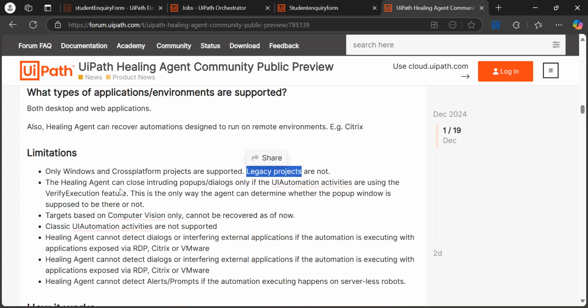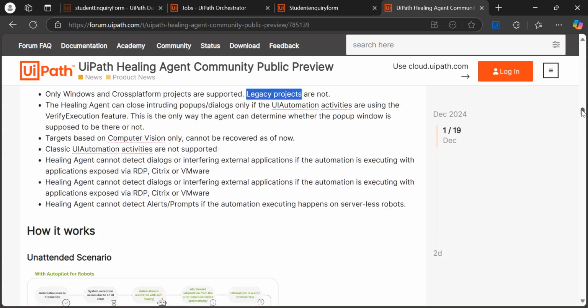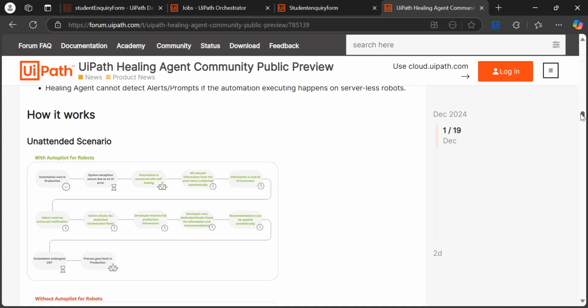Then some details: the Healing Agent can close or introduce some pop-up dialog box, the limitation is written here, right? Okay,